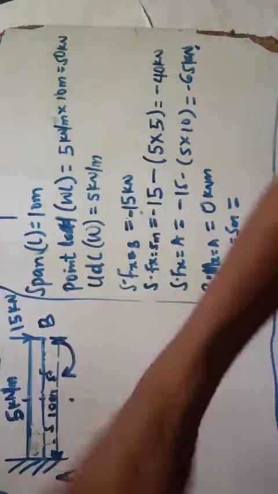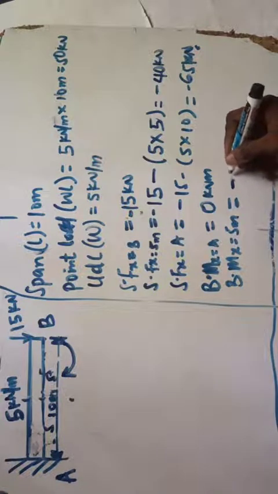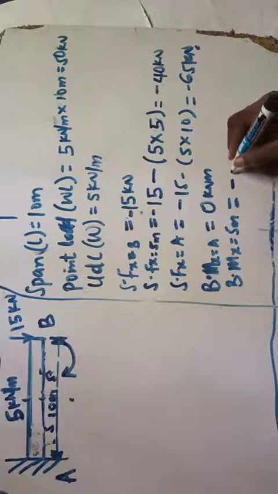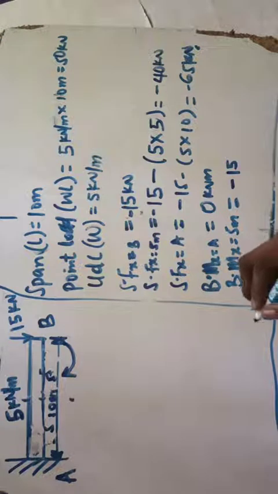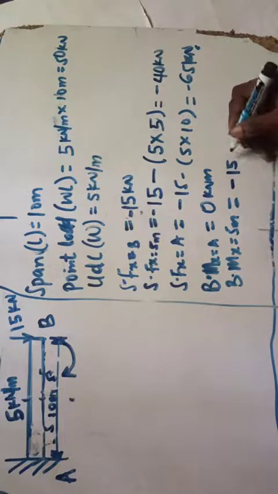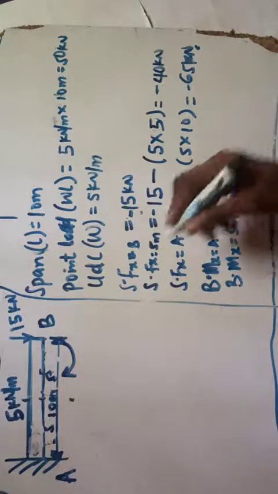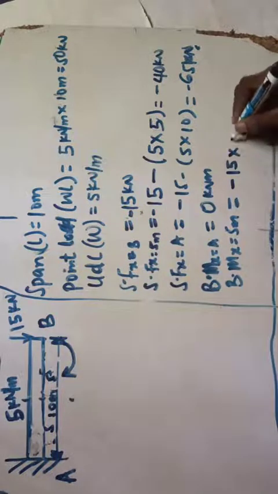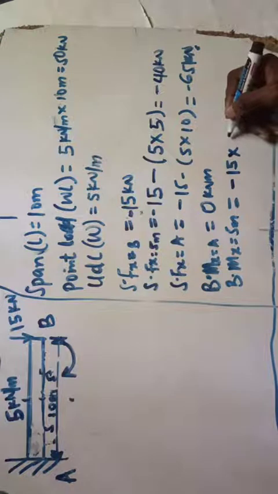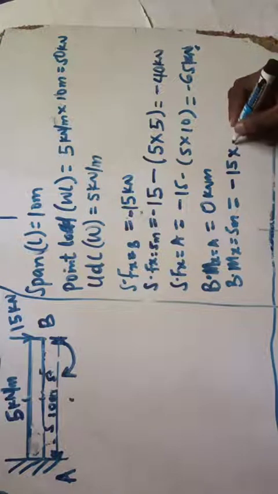You see, it's coming here clockwise. So clockwise equals anti-clockwise, so it's coming like it's negative. That will be minus 15 multiplied by your distance 5. So that will be minus 15 multiplied by 5